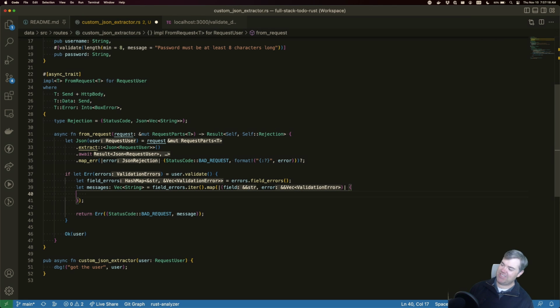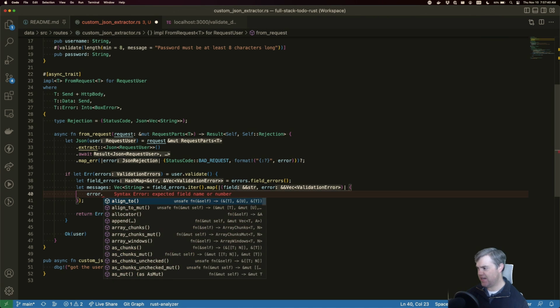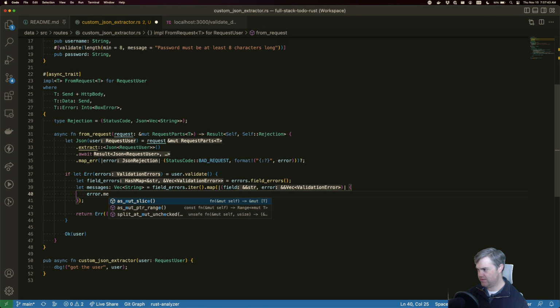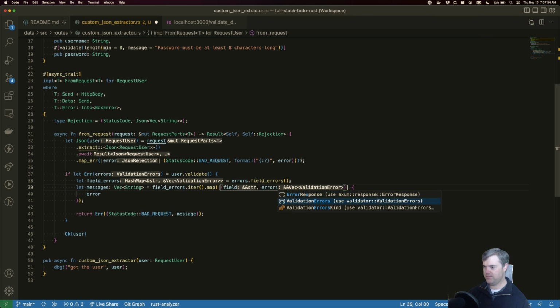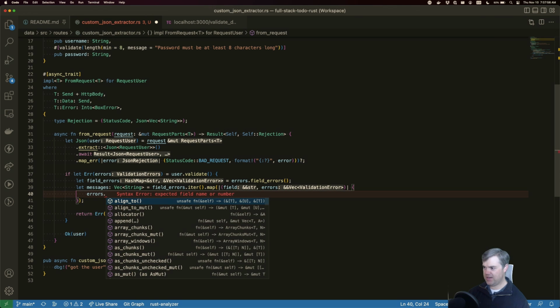Oh, I don't like that, because I need a single string to go from here. So if I take error dot, I then have to iterate through. So this is actually errors. So errors dot